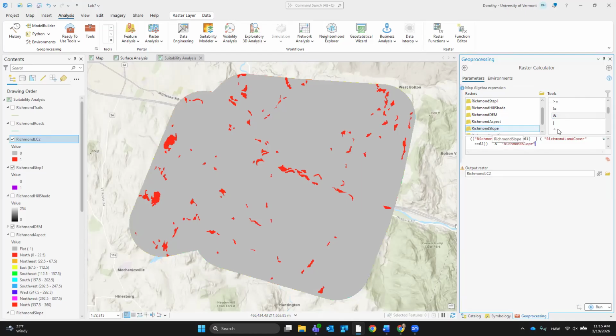Slope is greater than 1500. Parentheses around it. Okay, I'm going to call this LCS2. I'm just making stuff up because I want to test it and see what's going to run.